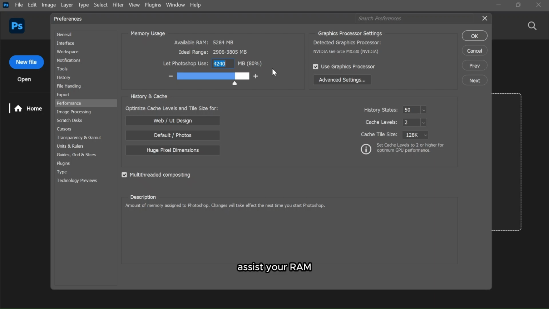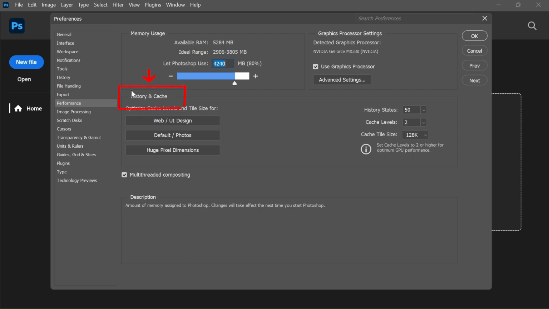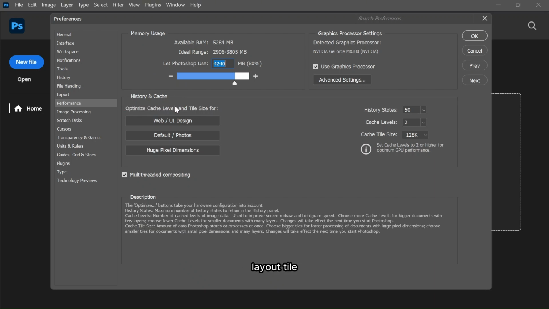To further assist your RAM allocation rules, move your cursor to the right side of the panel directly under History and Cache. Click the dedicated Settings Layout tile explicitly labeled Optimize for Huge Pixel Dimensions if you work on heavy compositing layouts with minimal layers. This instantly forces the allocation architecture to use large cache tile sizes, allowing your graphics memory and RAM to calculate